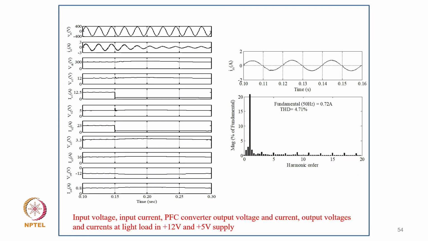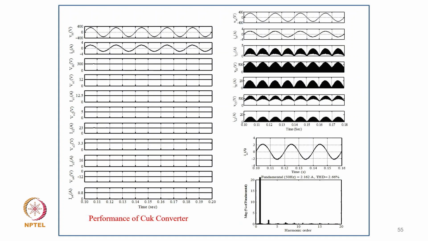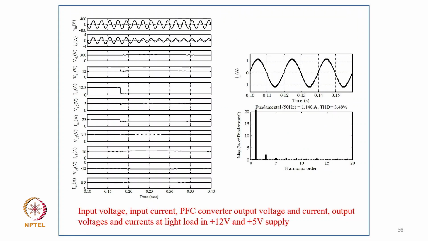You can see even the total harmonic distortion of the supply current is only 2.8%. Similarly, under light load conditions, THD is only 4.7%. This is the performance of the Cuk converter for the same operating condition. Here THD is only 2.66%, and in the design of the input Cuk converter you can see that the output inductor current is discontinuous, but the energy transfer capacitor current is continuous, as well as the input inductor current. That proves the design: you get inherent power factor correction, as you see in the waveform, without much problem. Even at light load, THD is only 3.48%.